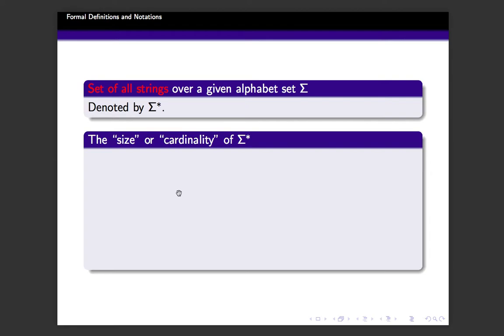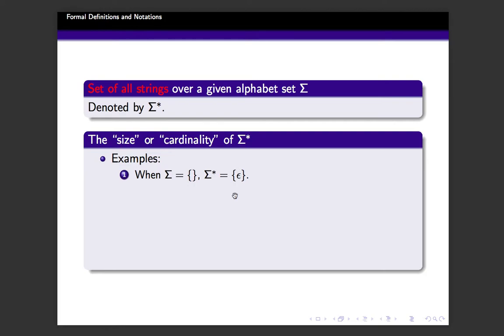We can try to answer it using some examples. When sigma is the null set, what is sigma star? Sigma star is the set of all strings. Is there any possible string from sigma when it is the null set? Yes, there is one. What is it? It is the empty string, because for the empty string you don't need a letter. So only one string is possible, which is the empty string.